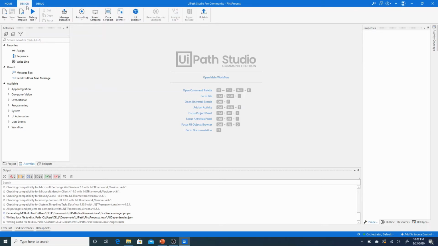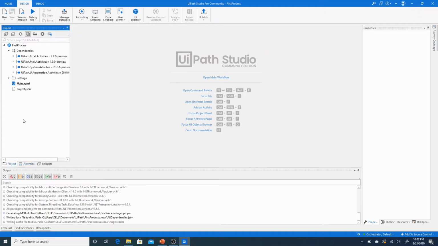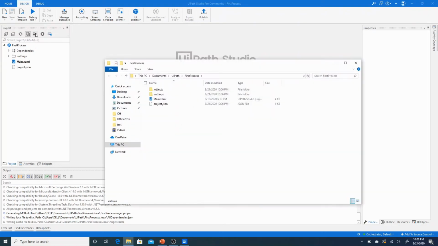Okay, so we'll go back to the Design page, and here you can see you have three tabs. First is Project. The Project panel is like the Solution Explorer in Visual Studio. If you are coming from a Visual Studio background, you will know the Solution Explorer. Or this is a folder structure where you can see everything that is there in the folder where your project is. So you can click on this icon here, File Explorer, to open up the explorer where you can see all your settings, all your files in here.